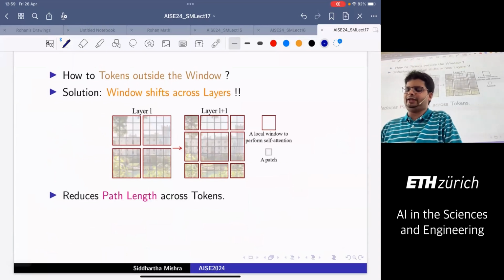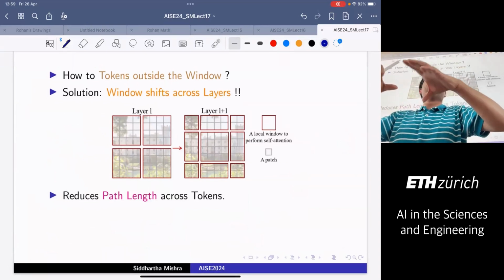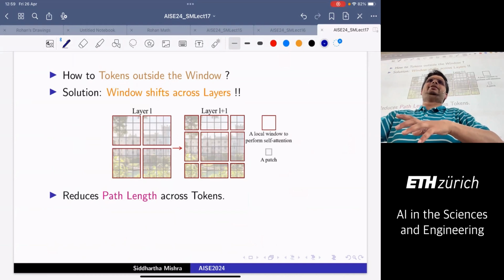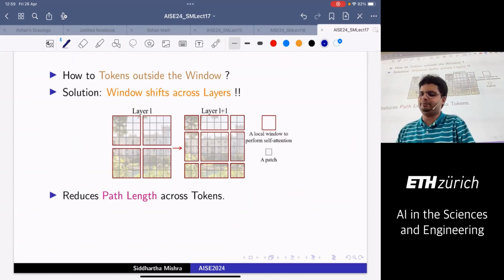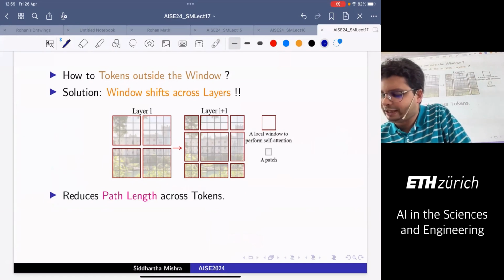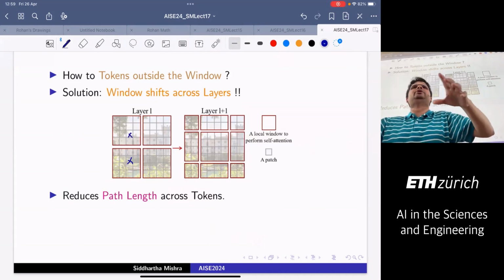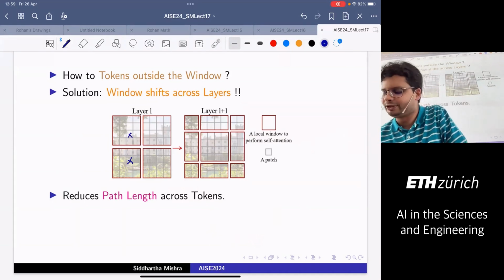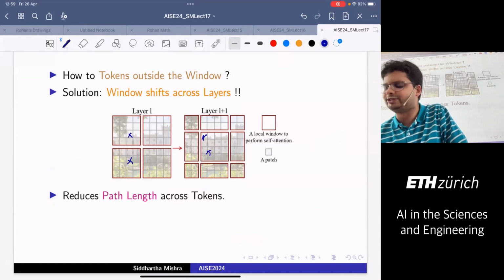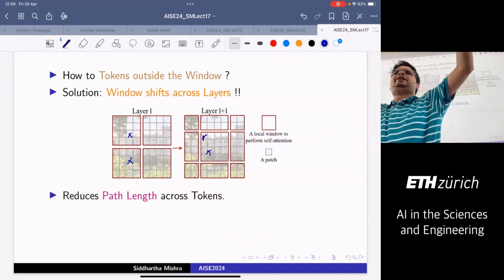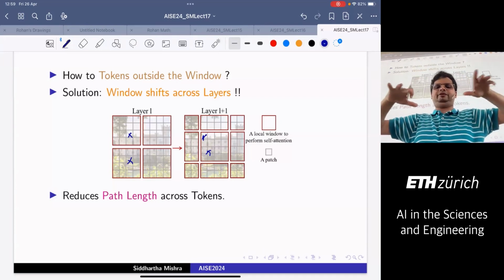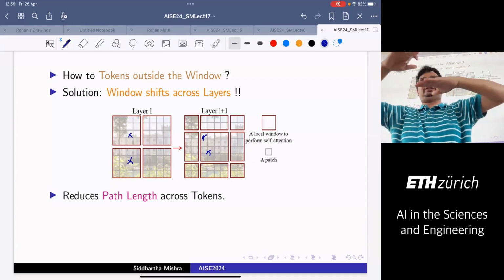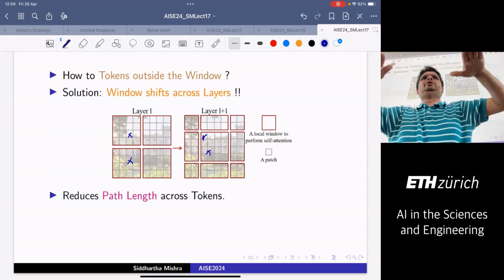The idea, just to give you an idea, is that across each layer, you shift the window. Intuitively, it's very simple. Let's say that I was never attending to these 2 points. But now if I shift the window in the next layer, then this point and this point are exactly in the same window. And if I shift it in the next layer, then 2 other points will be in the same window and so on. So by shifting the window across layers, in each layer you still keep it constant,